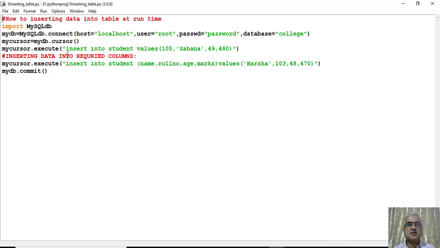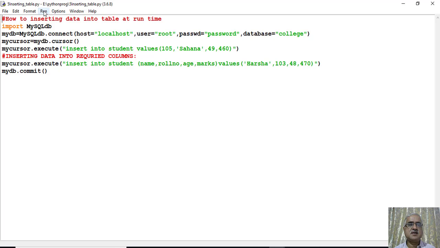Now if you don't know exactly the order of the table columns, then we can use this statement also, that is insert into student name, roll number, age, marks values Harsha, 103, 48, 470, and mydb.commit, this statement will save these records permanently into that particular table called student.